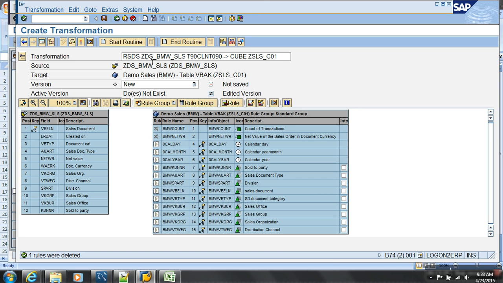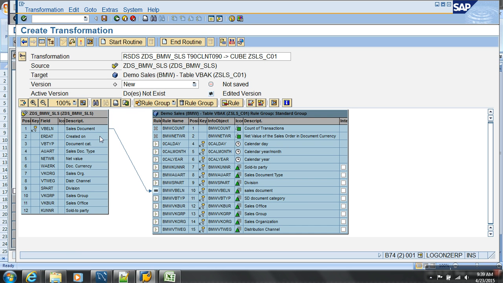Now if you get to this screen, on the left hand side you see all the fields of the data source, what is coming from the source. On the right hand side you see all the targets. Now start doing mapping. VBELN field has to go into this one. Created on has to go to what? Calday.